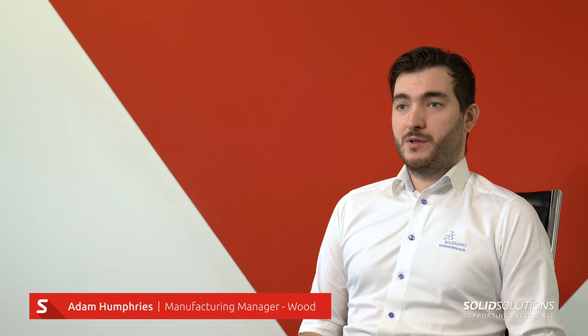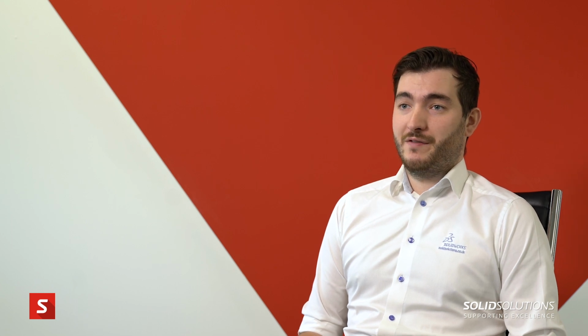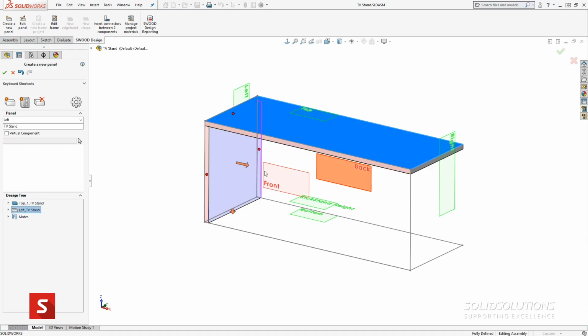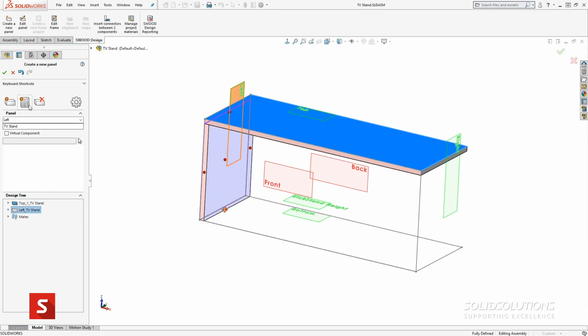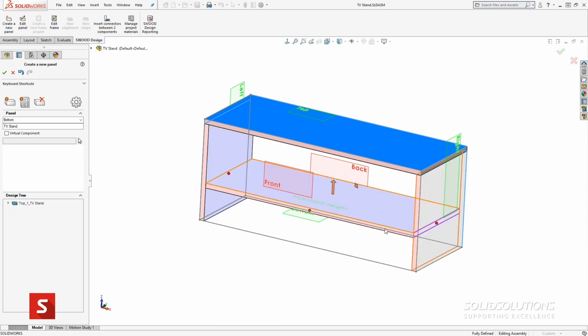So you'll need SWOOD to assist with the efficiencies or inefficiencies that you may have within the business at the moment. SWOOD and SOLIDWORKS are there to improve and increase the efficiency of actually producing models, both from the design stage and actually through to manufacture. It's quite common we go into companies that are very successful within their industry, but they have plenty of inefficiencies. So these inefficiencies might be that they're actually using multiple different softwares throughout their workflow.